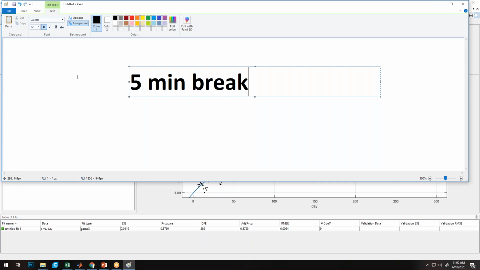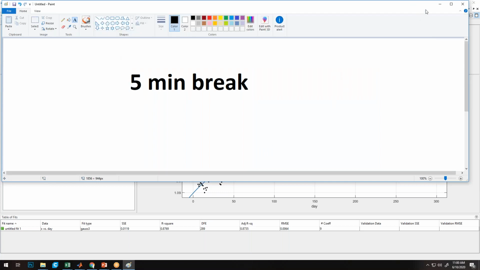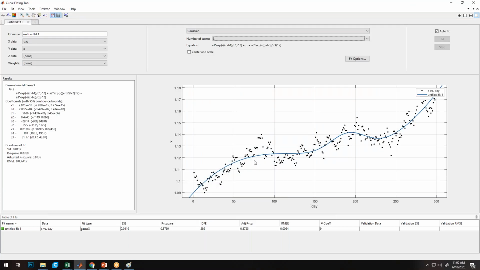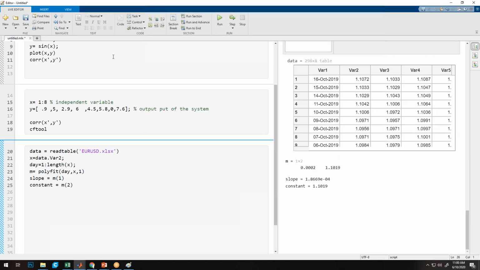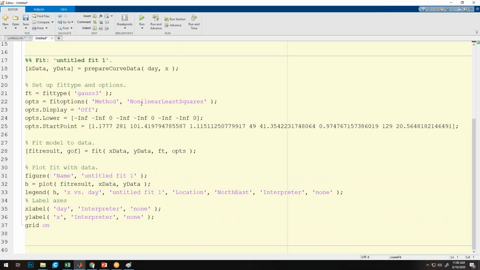Okay, so now we'll continue. As you told, there is no option of function generation, correct? There is a generate code option in the file menu. Okay, 1 minute, let me check. There is a generate code option in the file of the curve fitting tool. Okay, sorry, I haven't seen that one. Okay, that's good.